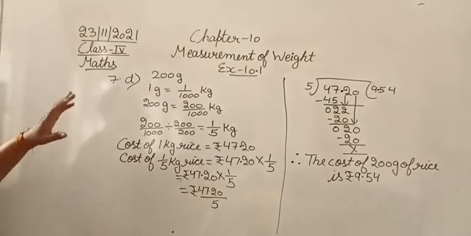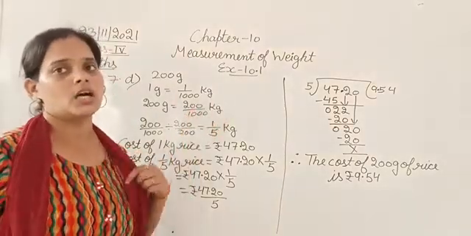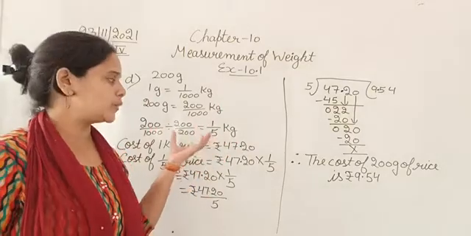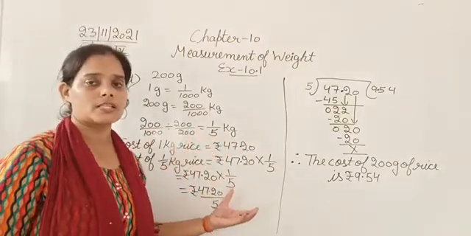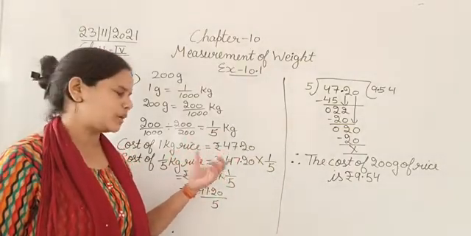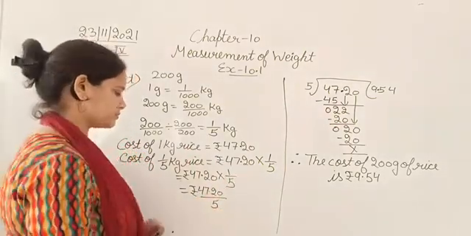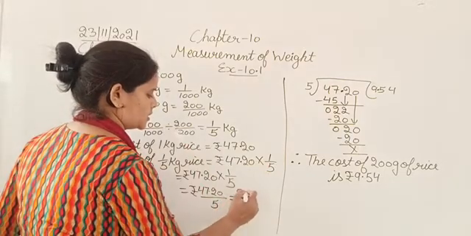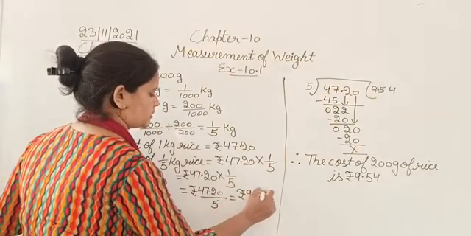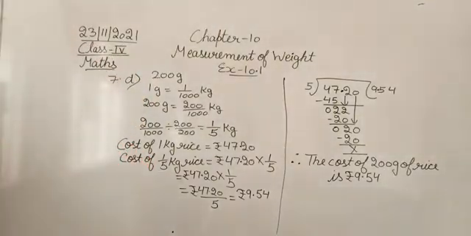Okay. Similarly, just like the previous two, we have done this as well. So first of all, we have to convert the given quantity into the fraction. And then we have calculated by the simple calculation. The cost of 1 kg was given, that was 47 rupees 20 paisa. Cost of 1 upon 5 we need to find out. Okay, after multiplying we got this. So this is 9 rupees and 54 paisa. Okay, so this is the cost of 200 gram of rice. And this is the solution for the D part as well.